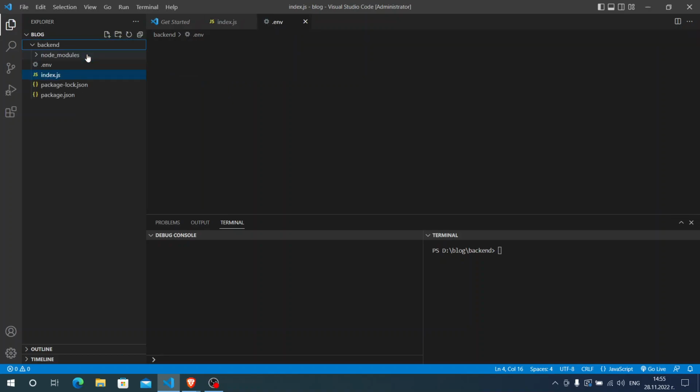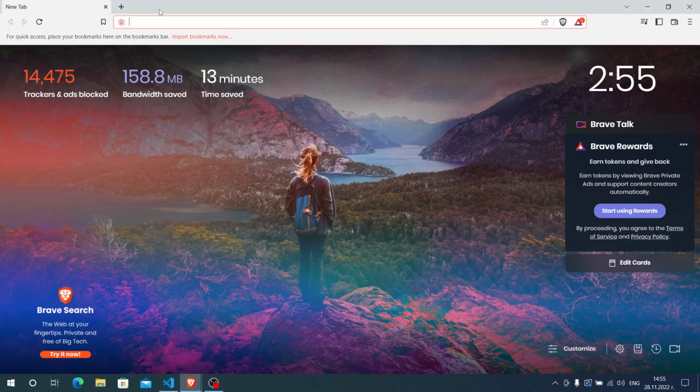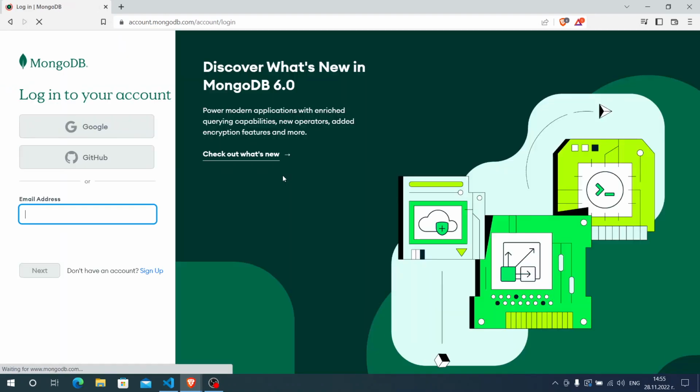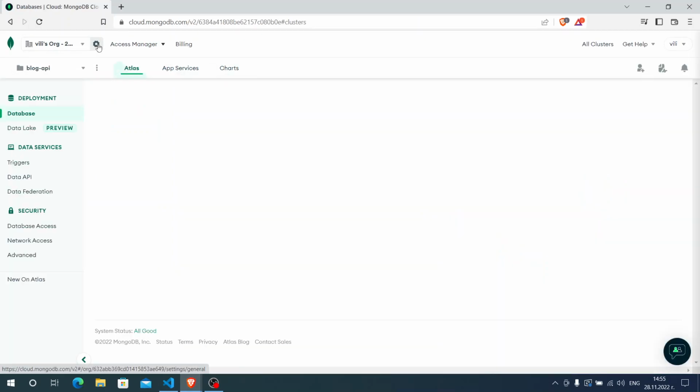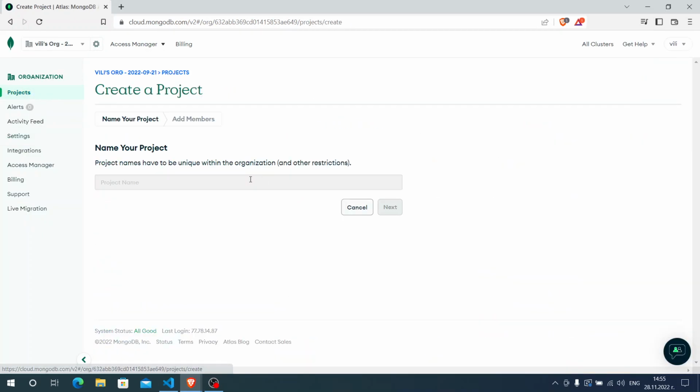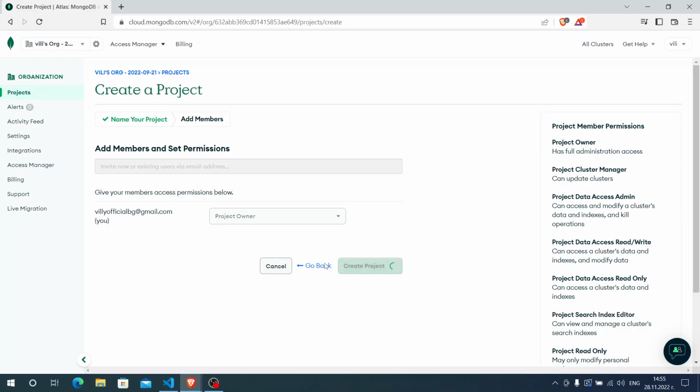So let's make our env file, and I'm just going to go into the MongoDB and take our Mongo URL because this is something that we need right from the start. So if you don't know the process, just watch and copy what I do. It's very easy. You first log into your account like in every other application. Then you click here on the settings, this wheel here, then projects, new project. So blog API Node.js, this will be the name of my project. Create project,